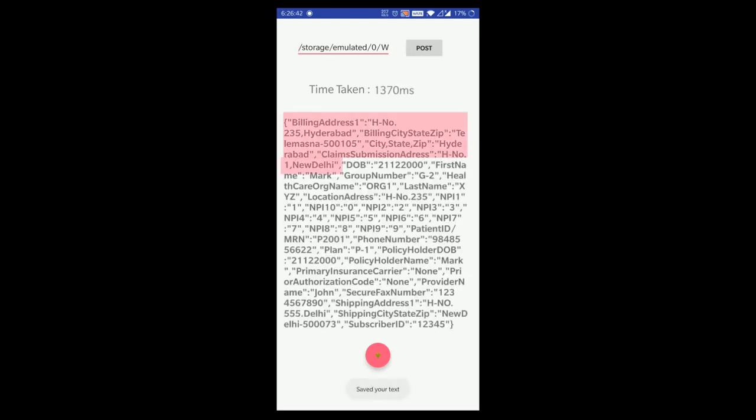You got it clearly. You can see the name of the person, John, in the 4th line from the bottom, and the rest of the details like Hyderabad, the billing city, the zip, everything is perfectly detected, and the time is also presented to you as to how much time it needs for this detection. 1370 milliseconds is what we needed, and all the fields have been detected without any flaw. We did not miss even one field, and this is highly accurate, we could say. And the most important point is this is also available as an Excel sheet for you to take up later, and that can be used.